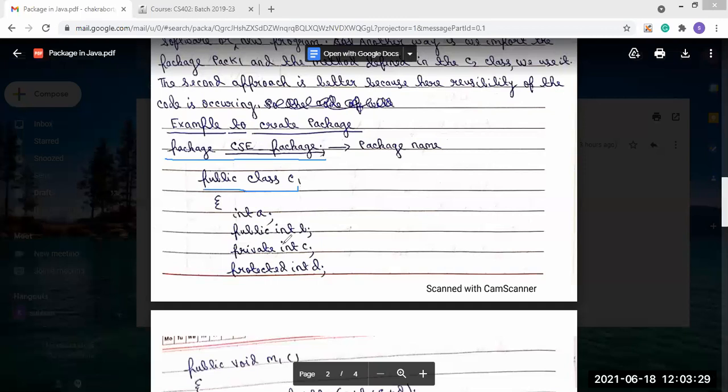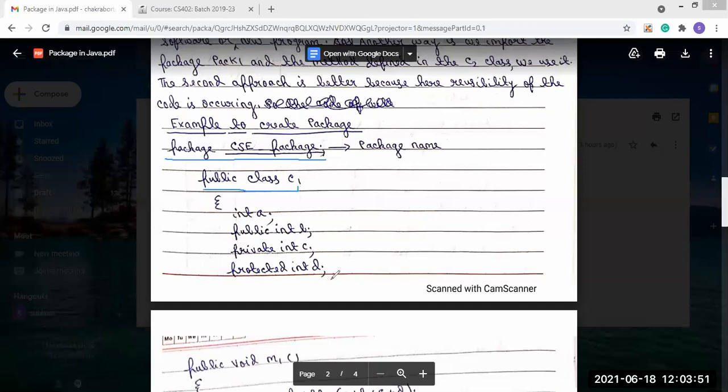Next, public int B, that means the public access specifier. Then private int C, so this variable has the private access specifier. And protected int D, so this fourth variable D has the protected access specifier.